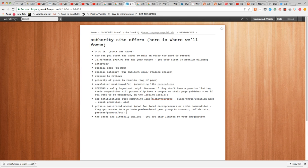And then here's another really good idea that I'm using for a local project that I'm just consulting on with 2 other clients and friends, which is create a mastermind. So it's a local project, and with all these different offers and incentives that we're giving people for paying for a featured listing, one of the things we're giving them is access to a private, monthly marketing mastermind, where all the folks who pay in advance for the year are getting access to a monthly call